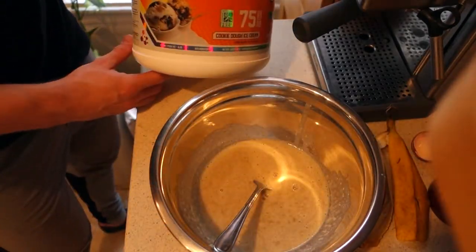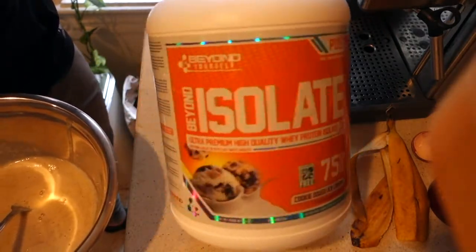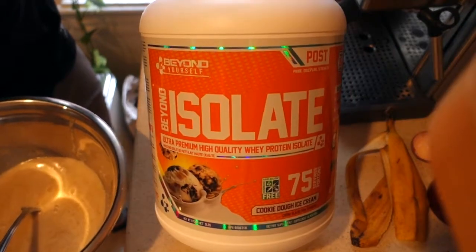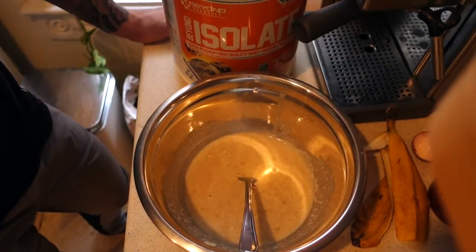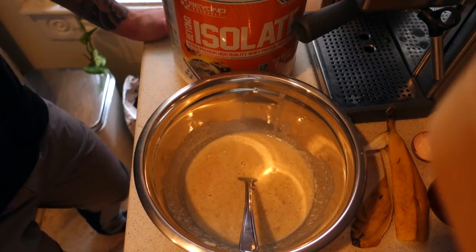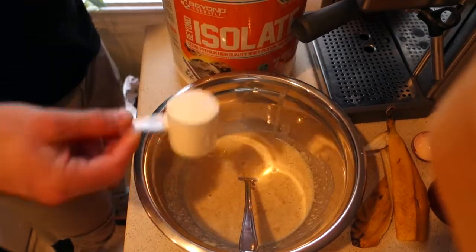So I'm using a Beyond Yourself whey isolate. The flavor of this stuff is incredible. And the mixability is even better. There's some proteins that won't mix very well into liquids, especially when you heat them. They get this weird texture, but this stuff is amazing. I'd recommend using a vanilla flavor,